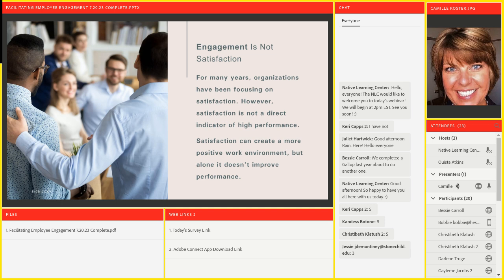Satisfied employees will put in their time, they'll come to work, but not necessarily putting their energy into what they're doing. So if someone is satisfied but not engaged, you see them have that wait and see attitude. They're kind of sitting on the sidelines until somebody tells them to do something, but you just don't see